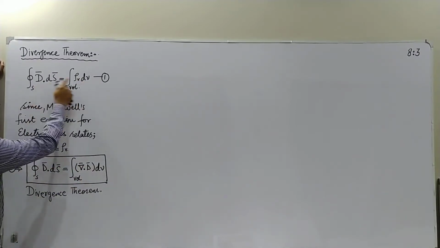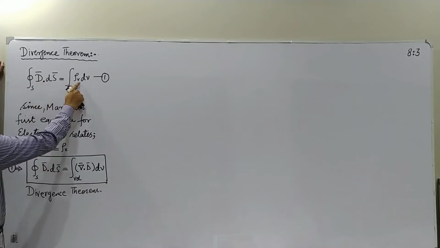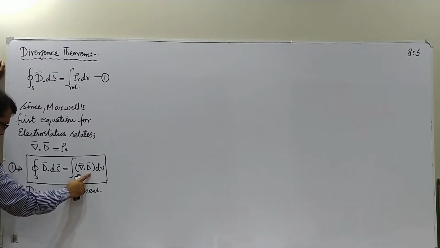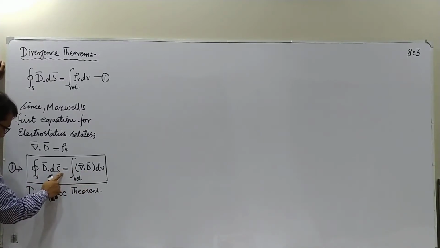Here we had flux density on one side and charge density on the other, but here we have flux density on one side and flux density on the other, which are related by